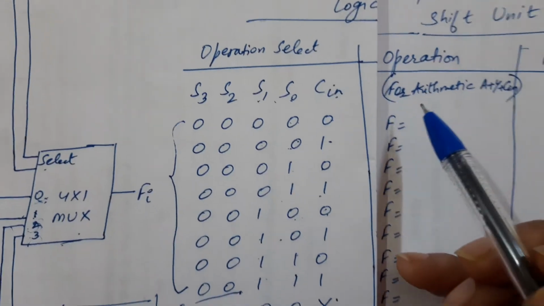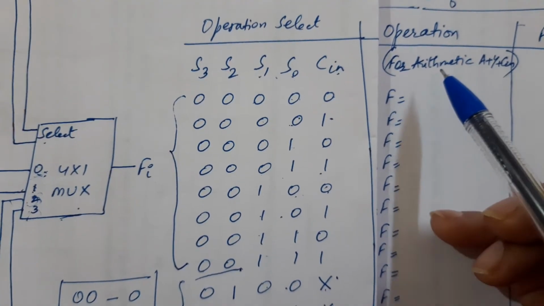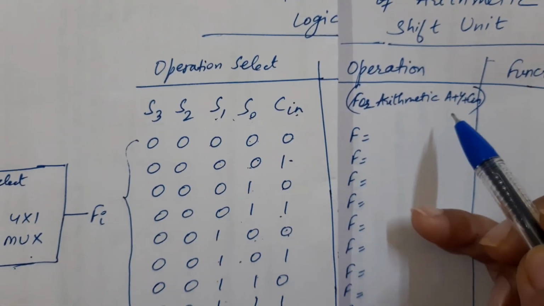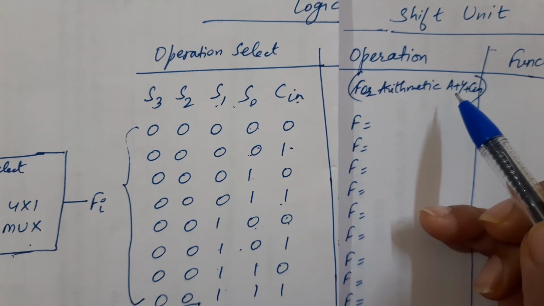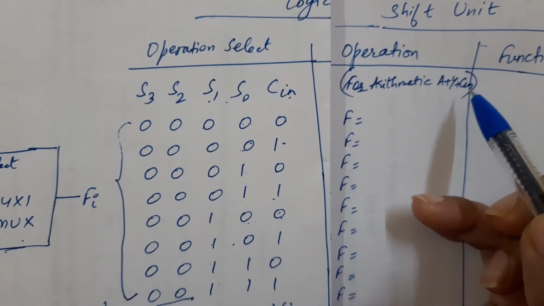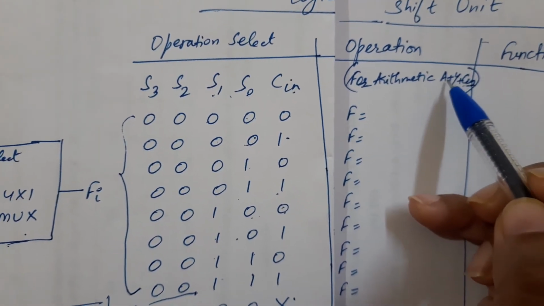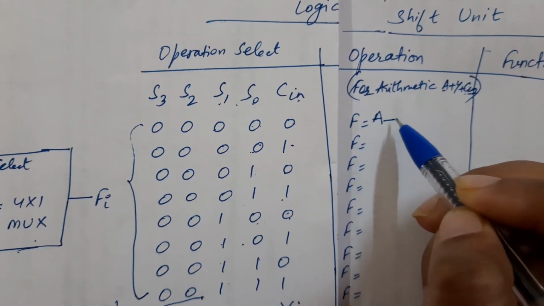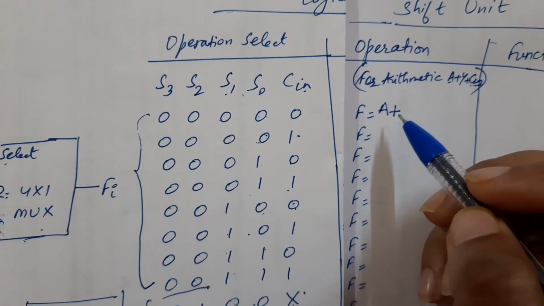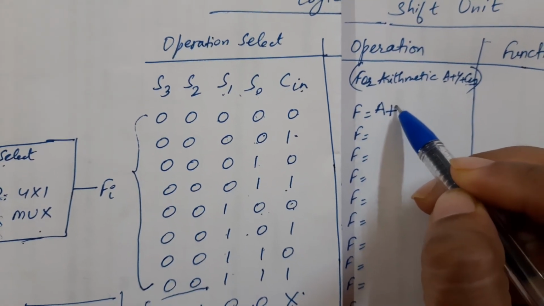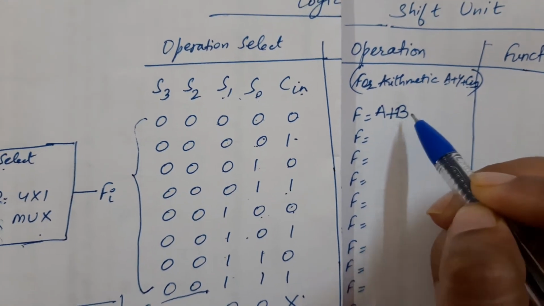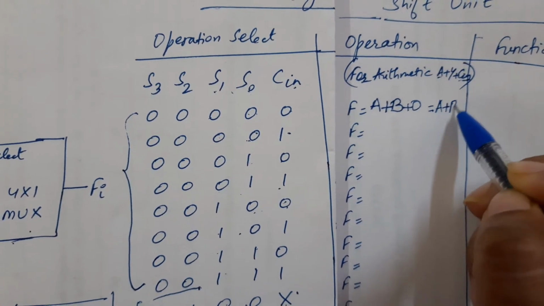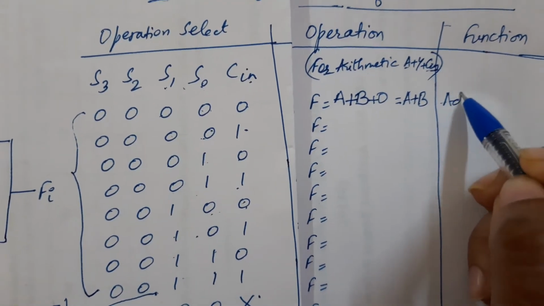So now let's talk about the arithmetic function. The first micro operation here is, you can use this formula as you have used in the previous arithmetic circuit: A plus Y plus carry input. So here A is the input value, we write it here, and the Y input comes from B. So here you write B, and carry is 0. So here the result comes to be A plus B, and the function performed is add.